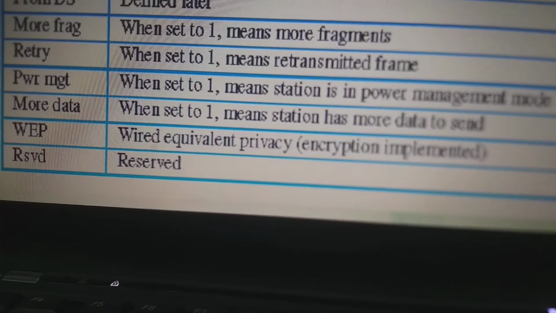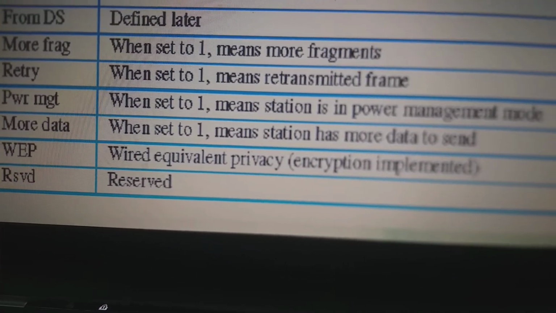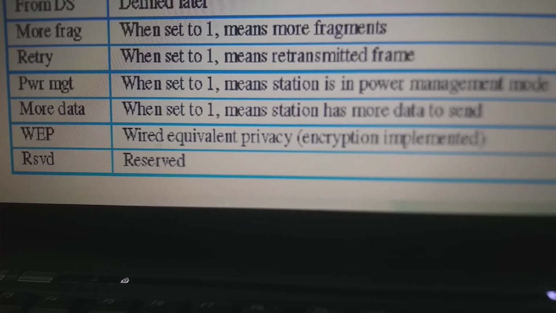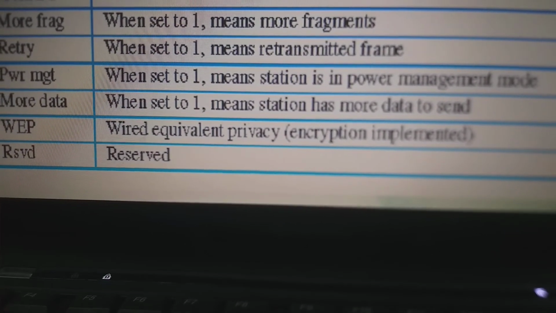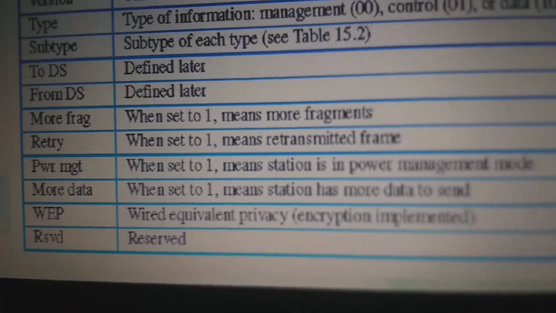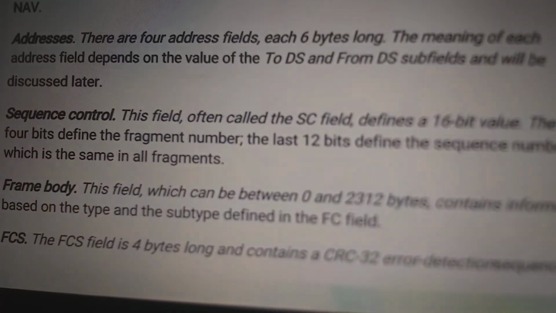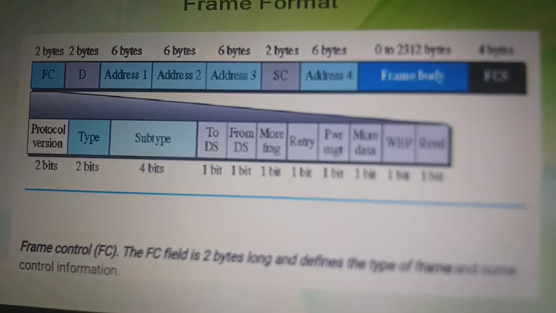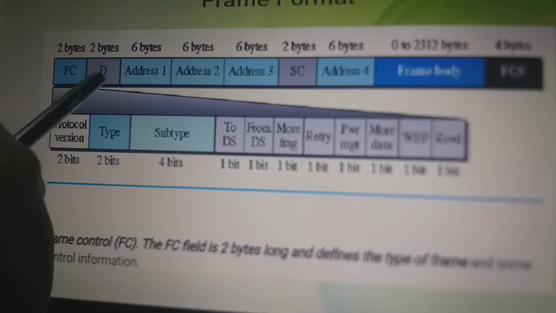Power management: when set to 1 it means the station is in power management mode. More data: when set to 1 it means the station has more data to send. WEP is wired equivalent privacy, and RSVD stands for reserved. Whatever we are seeing here was about the FC field, frame control.